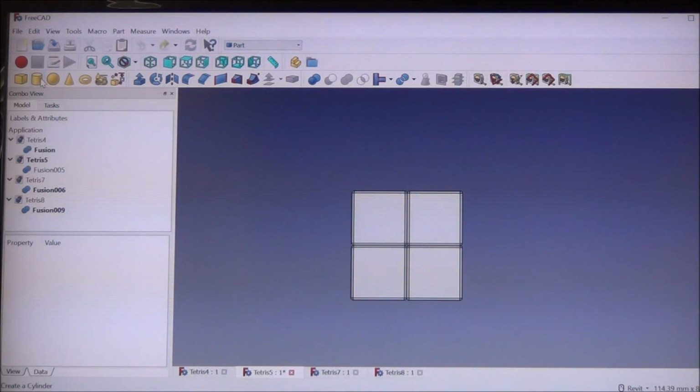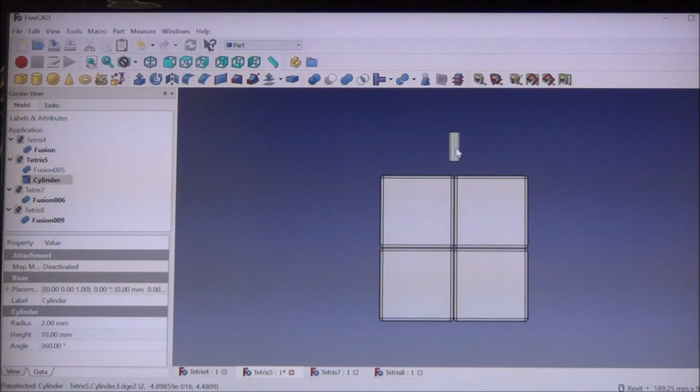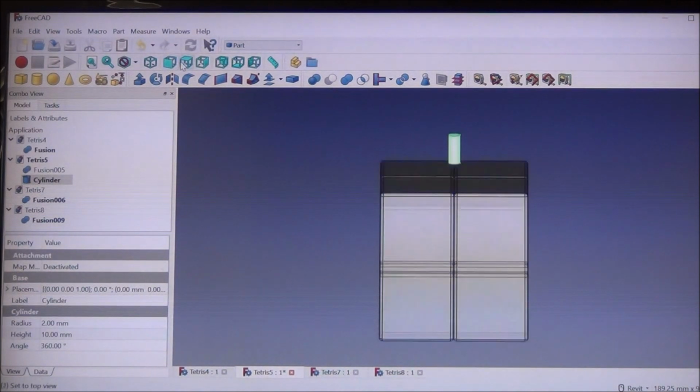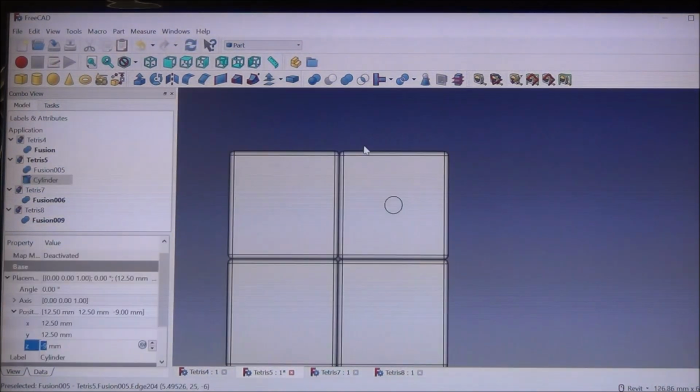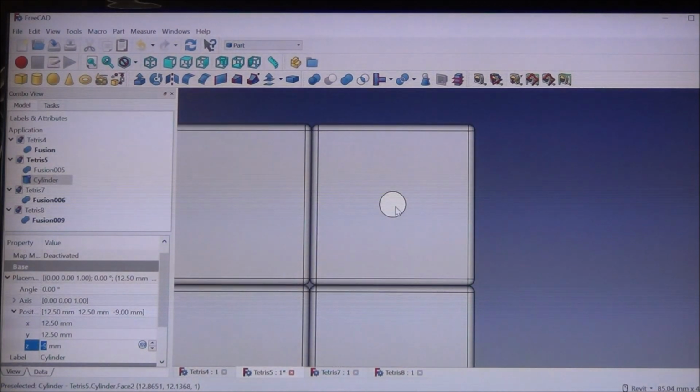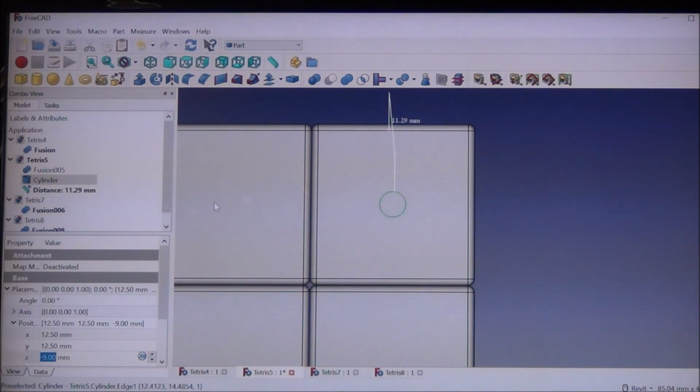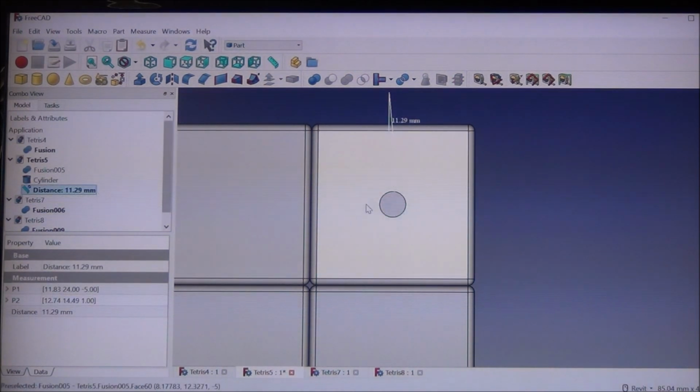I'm going to place a cylinder down here. And I'm going to do my very best to center it into one of these side squares. Here we go. That looks centered, but is it? Well, we can actually find out pretty easily by clicking this ruler icon up here. And then we just click on 2 points. I'll do the outside of my box and then the outside of my cylinder. And that gives us our measurement. So these 2 points are